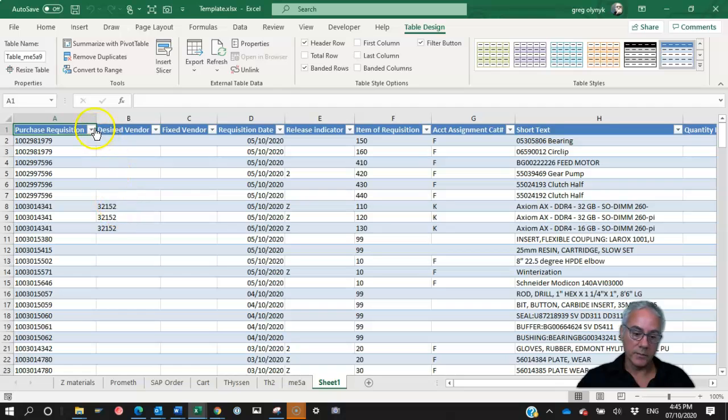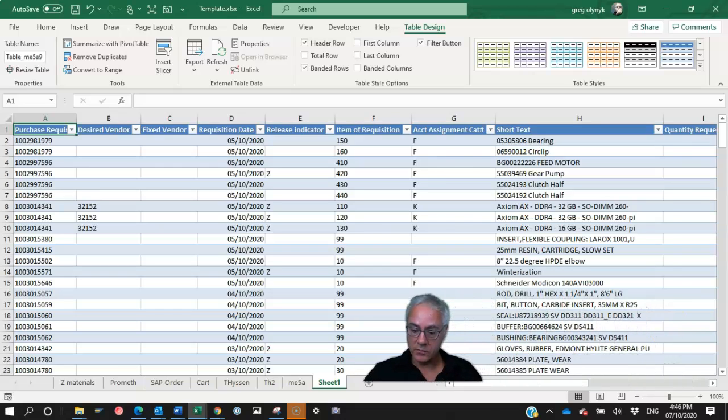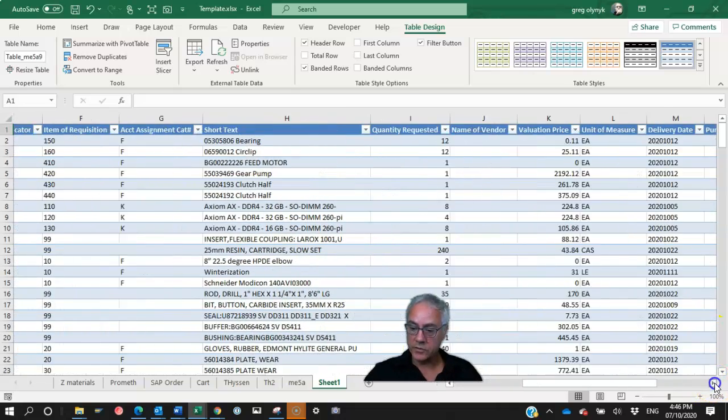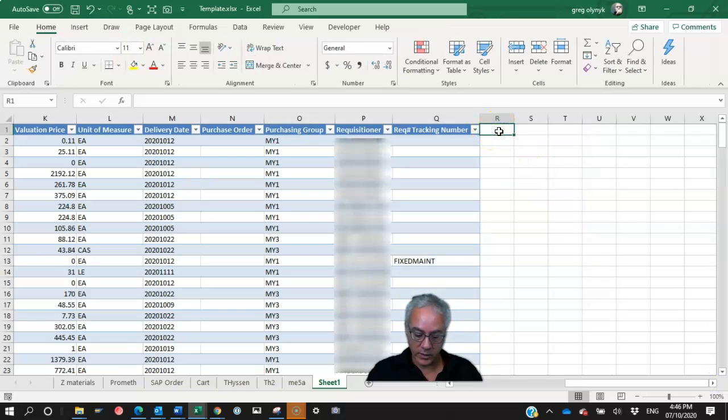Now the data comes in and it's already formatted. That shows you that it is connected to the data as a database, and you can hide the columns you don't want to see. One of the advantages of doing this is that if you scroll to the right and you add any formula, like say I want to have the